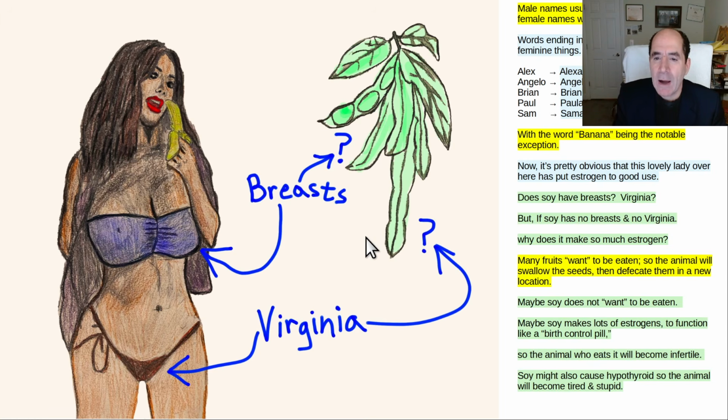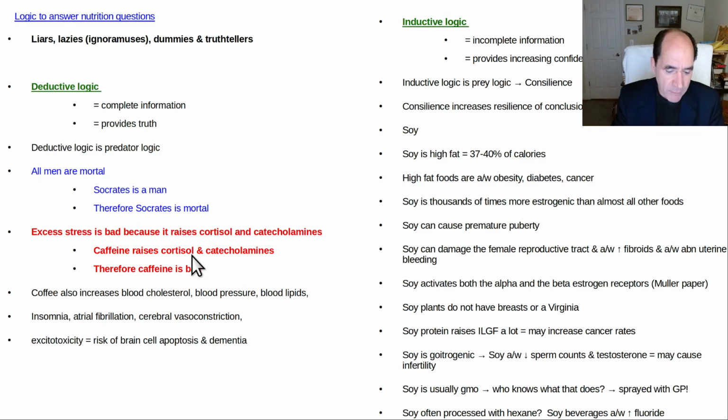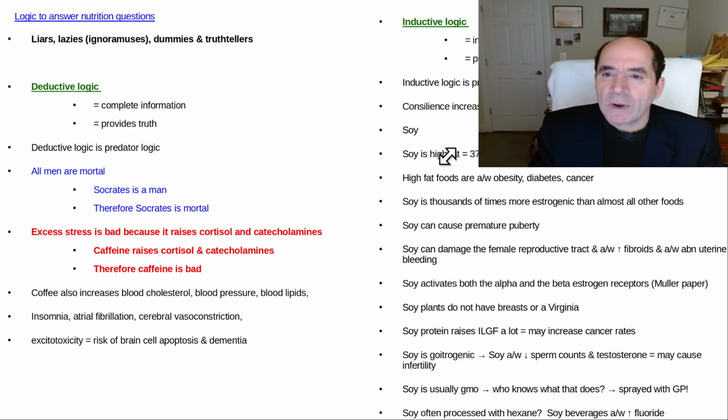And now, here's a soy plant. Where are the breasts? I don't see any. Where's the vagina? I don't see any. Okay, we're going to come back to that question in just a moment, all right? That's going to be an important point, part of logic, okay? All right, so now we'll start out with